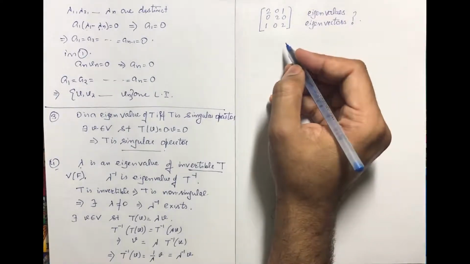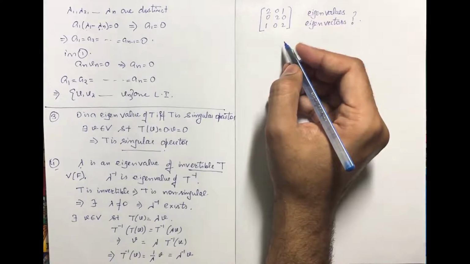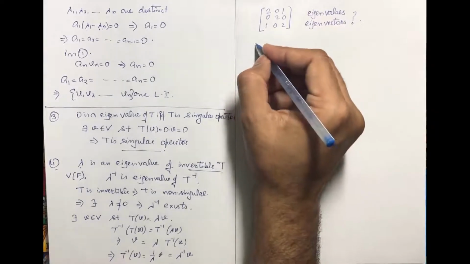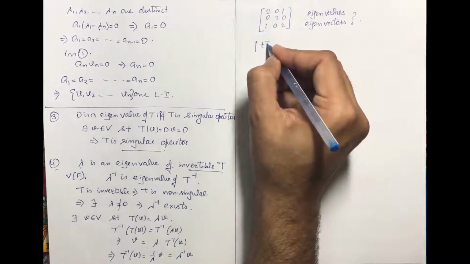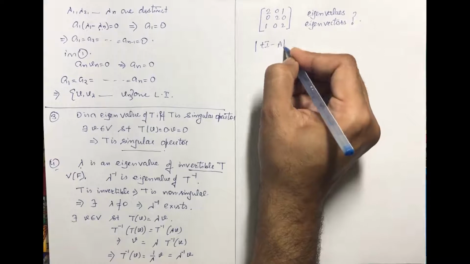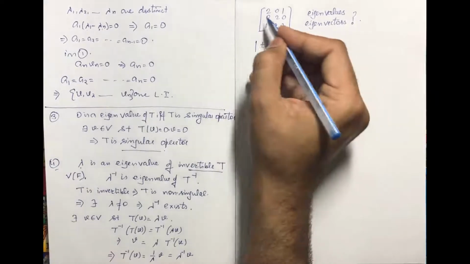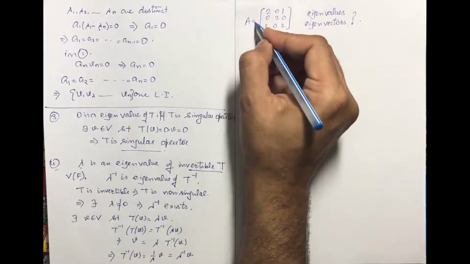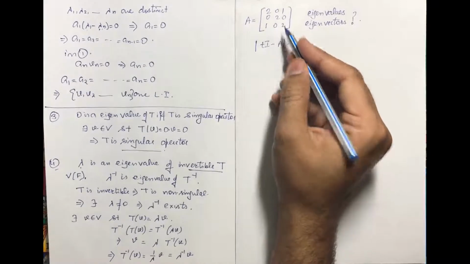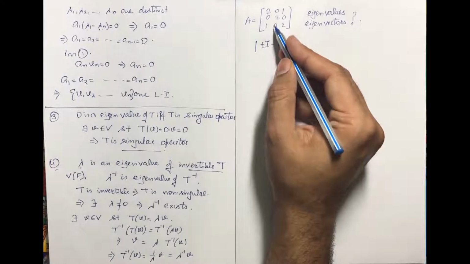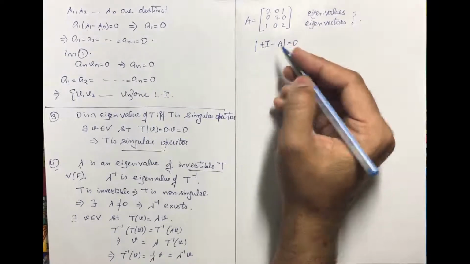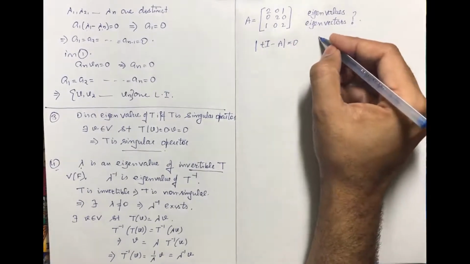So we start by finding the characteristic equation, that is determinant of tI minus A equal to 0. So this is our A. Putting A here, and I is the identity matrix of order 3 cross 3. So it becomes